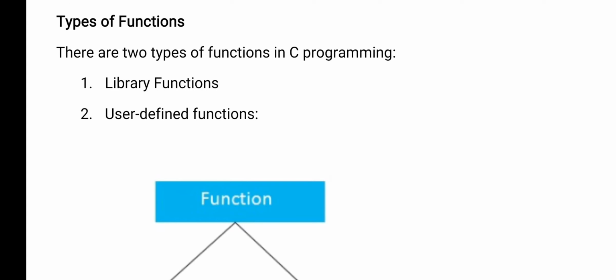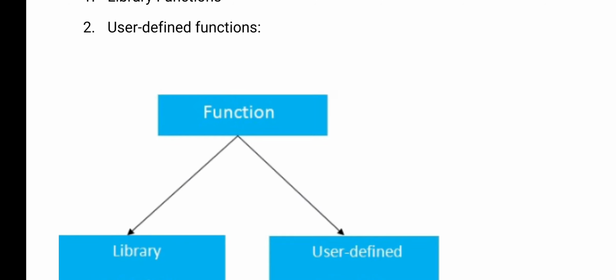Just you need to call that function by passing a value. The next one is a user defined function. So according to your requirement, just now I have explained to calculate a sum and average of each student. If you are creating your own function, then that is called a user defined function. So finally there are two types of functions. One is a built-in function and the second one is a user defined function.